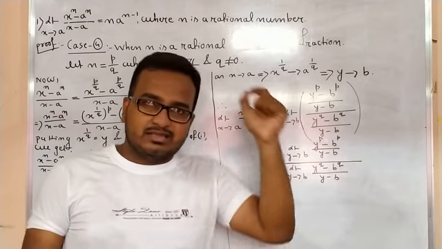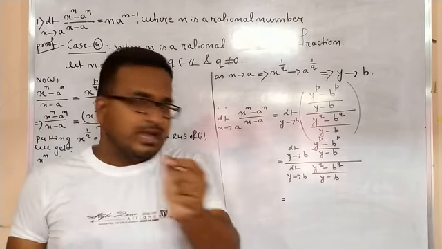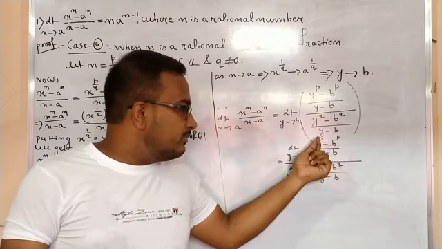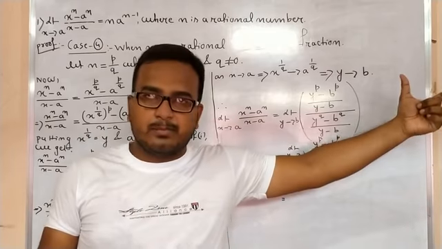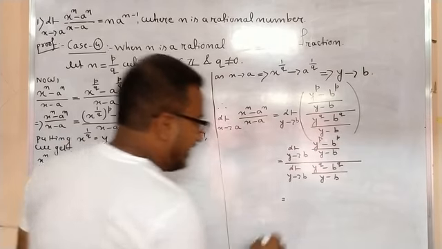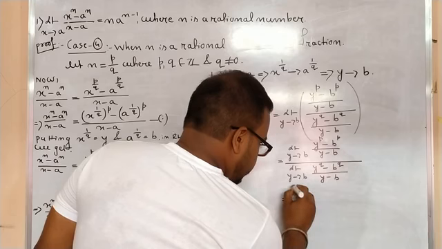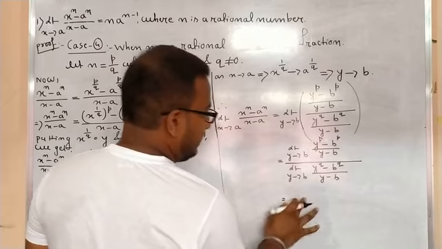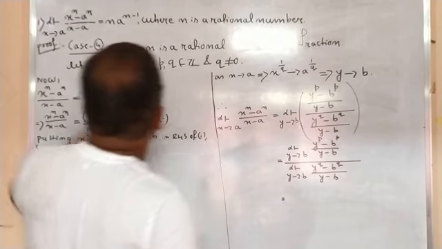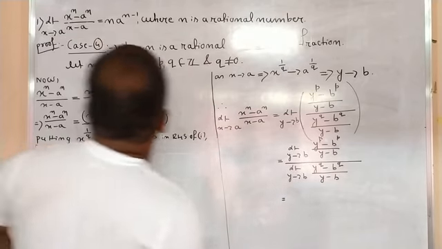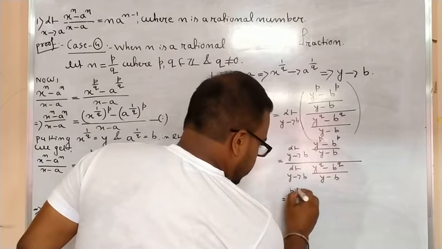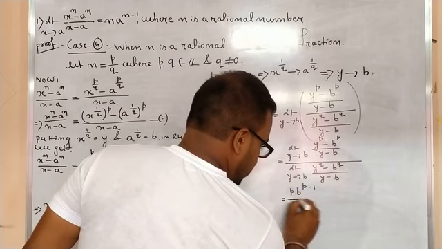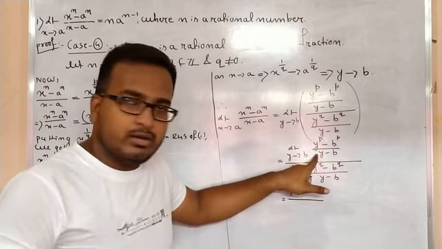So by case 2 and 3, I can write this is what? I can write this is p b to the power p minus 1, isn't it? Not p, what can I write? This is n a to the power n minus 1, yeah. So I can write p b to the power p minus 1, right? By case 2 and 3.